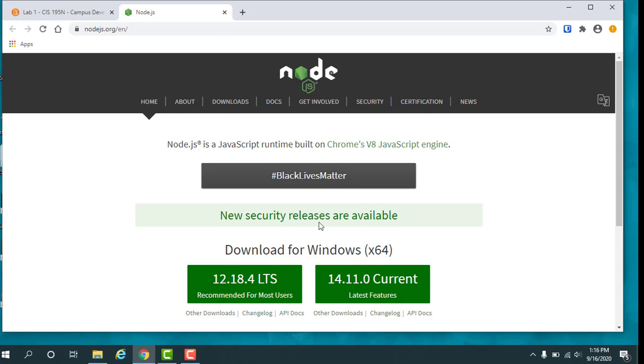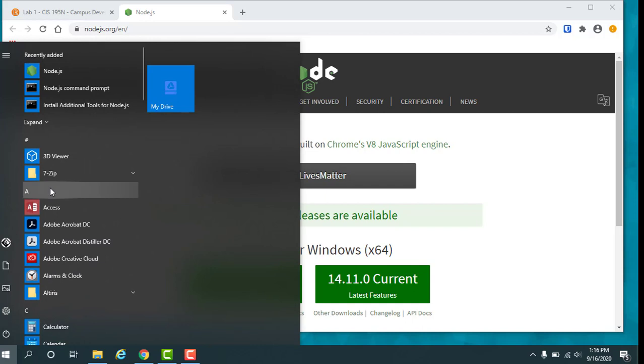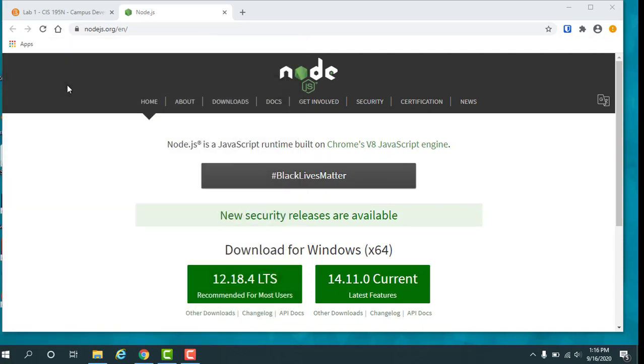Now let's confirm that everything installed correctly. Click the Start button and you should see Node.js and Node.js command prompt. Let's open the Node.js command prompt and type node